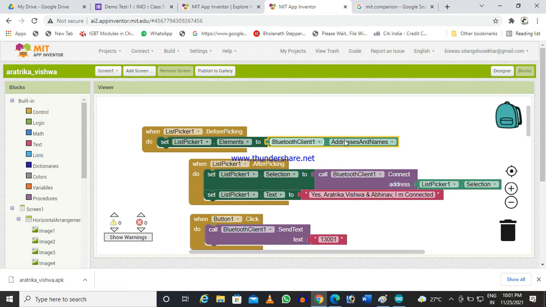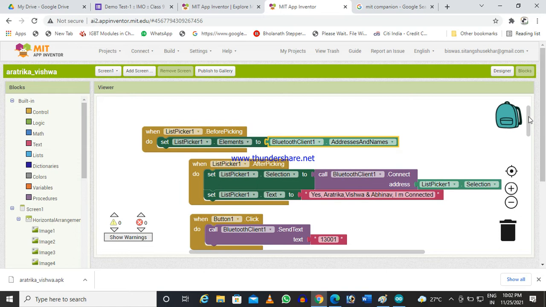Before picking it will show all the devices in the range, and after picking, it will connect with the selected Bluetooth device, and it will tell yes, I am connected. This text will be visible.